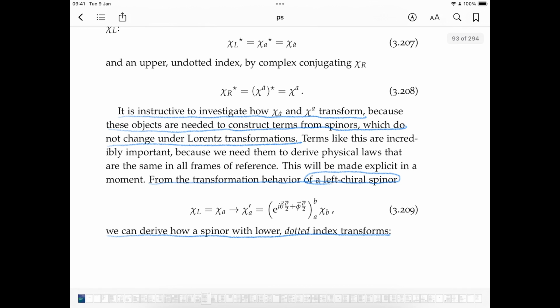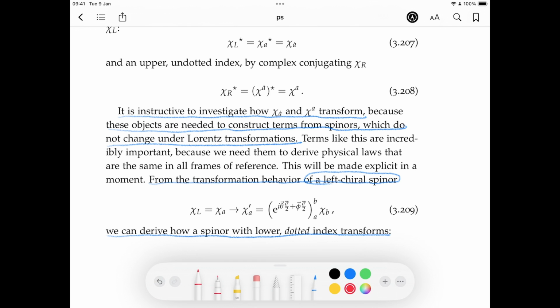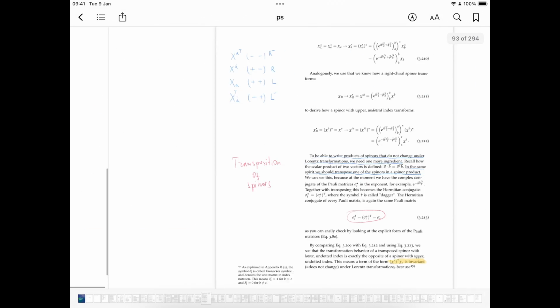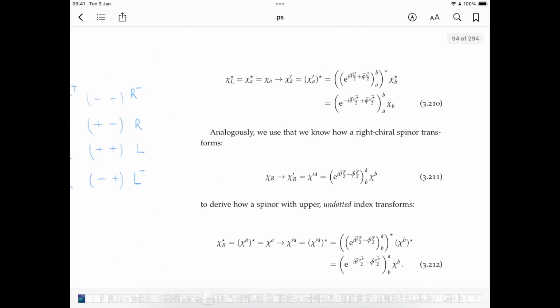Here we see the actual way the left chiral spinor transforms, how it's done. We see the same exponentiated Lie algebra element here with phi and thetas, and we see that it has two spinor indices, in this case A and B, and this one has just a lower index B, like a left spinor should. And by knowing how to get to the dotted versions, we actually can derive how the